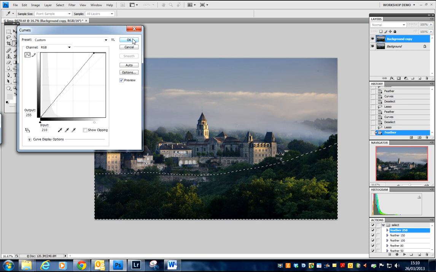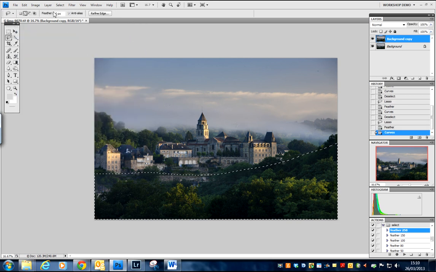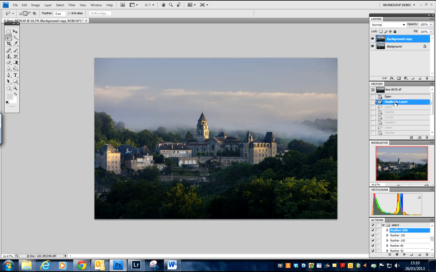foreground a touch. Be aware, always be aware that you cannot at this stage put in information that's not there. So if I've not got my exposure right in camera, there's nothing I can do to put in detail here in the dark area of the image. All I'm doing is essentially increasing the levels to make it appear a touch brighter. Nevertheless, if I go back to where we started, and you see the difference,